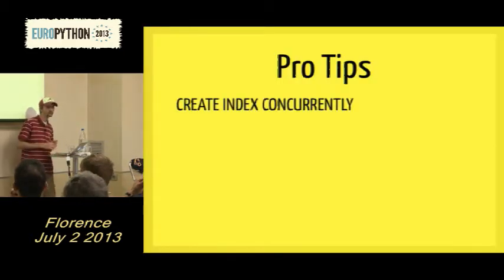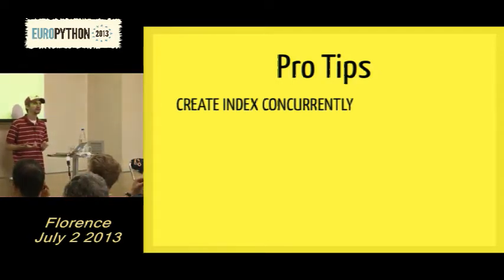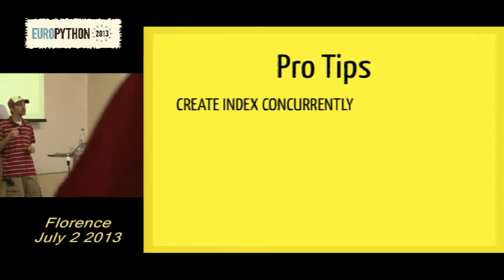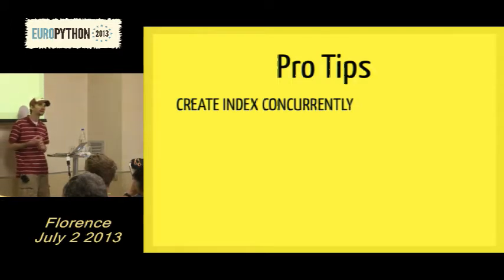A few tips on indexing. Create index concurrently. If you haven't heard about this, you've really been missing out. If there's Django users in the room, you can't use it with a south migration because it runs inside a transaction. What it's going to do is create your index in the background. So usually when you run create index, it's going to hold a lock on the table so you can't write new data. This is the case today with